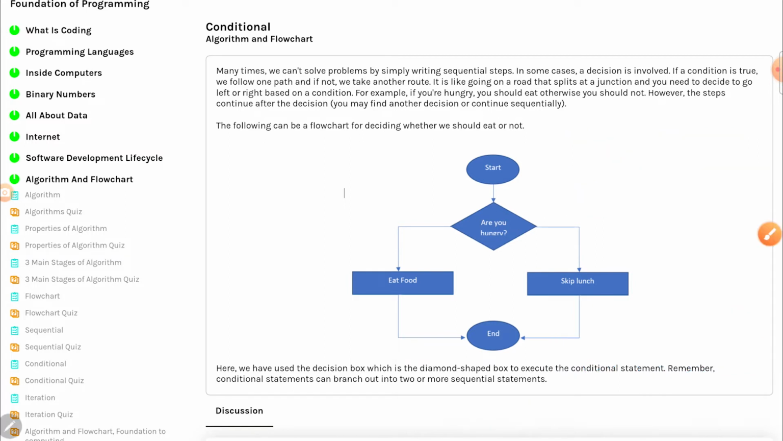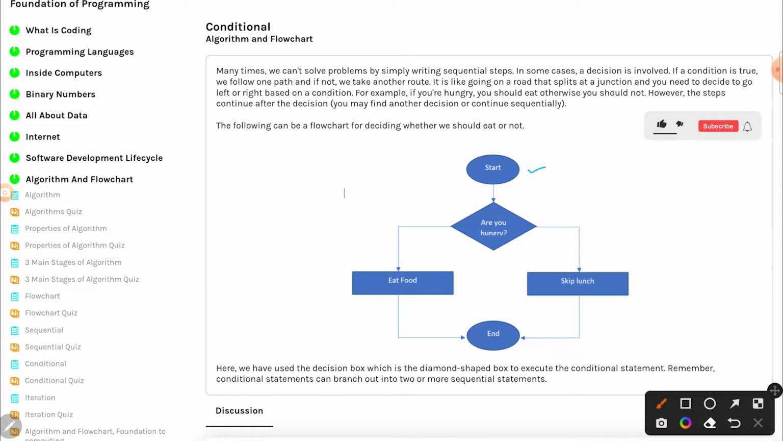Let's understand this by the example here. We are saying, are you hungry? And we are writing a basic flowchart in which we say, let's start. And then the conditional is represented using a diamond. Now, if the answer is yes, then we want to eat some food. If the answer is false,